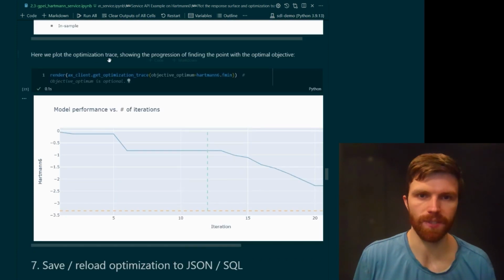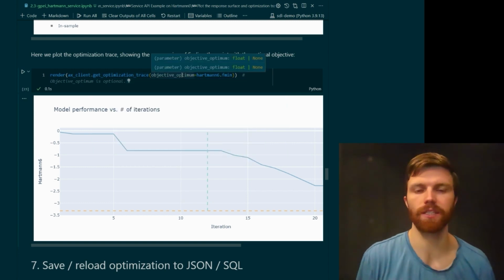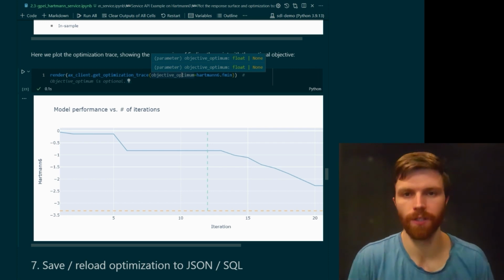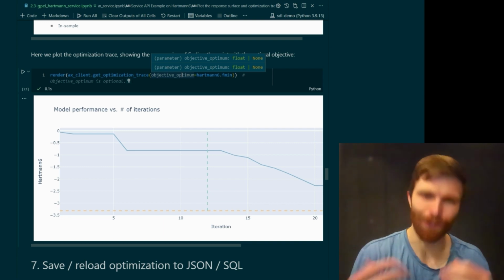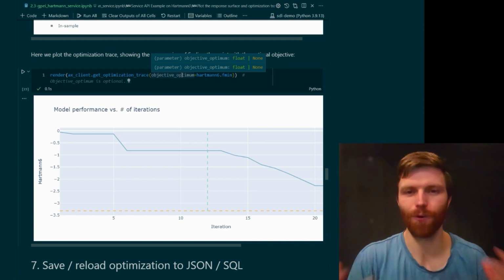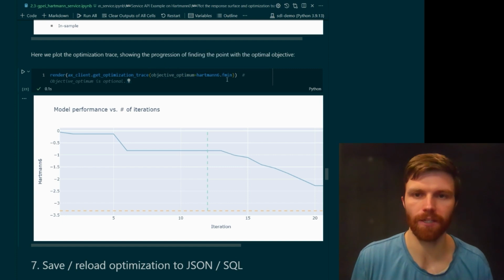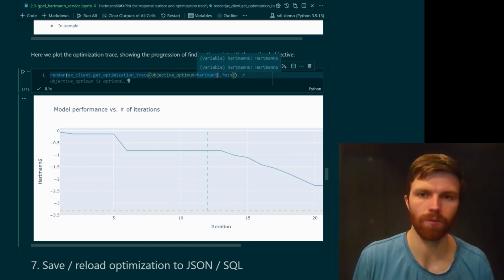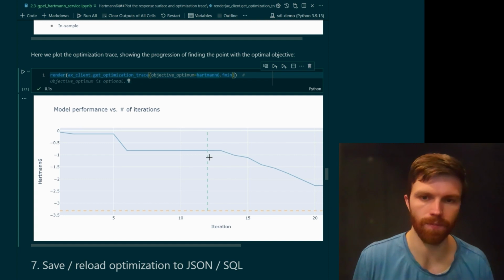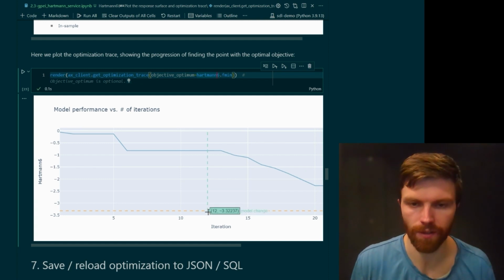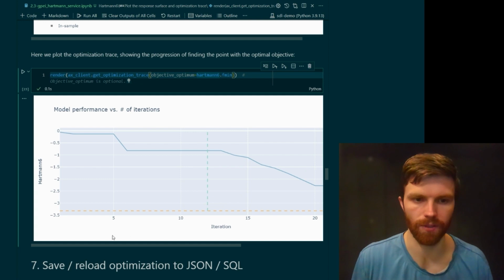And then we also have the optimization trace, where we can pass in the objective optimum if that's known in advance. For most chemistry, material science, and physical science optimization tasks, you're looking for an objective that's not already known. But in this case, where we're doing some benchmarking using an analytic function where we know the true minimum, it can be helpful for visualization to see how closely we've progressed towards that optimum. And we also have the model change shown here as well,